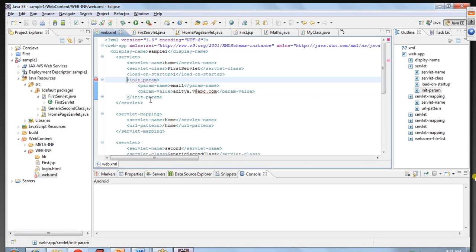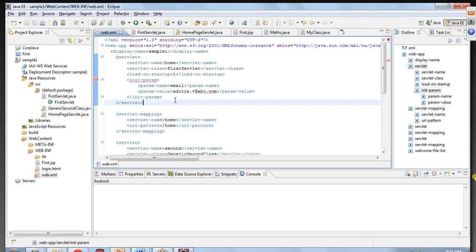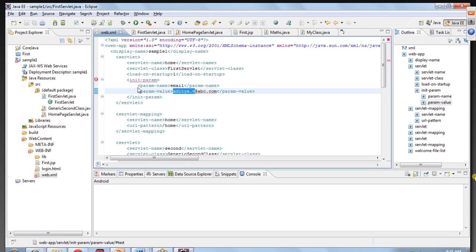Okay, so now we have set the init parameter. We'll see why this error is coming. If this doesn't work, we have to include some XSD, I guess. But now we have set a value which is an email ID, and we want to get it